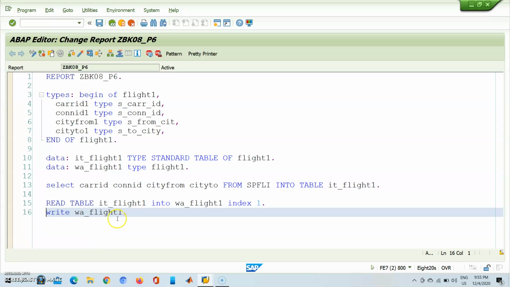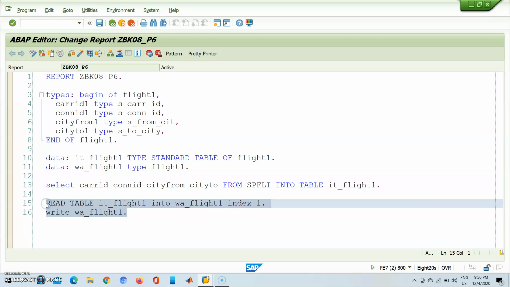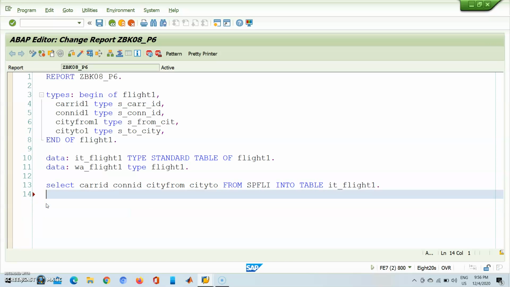And now we can do some modification over here. We will do a simple modification, because now we have got only index 1. Rather than having index 1, we don't want to read just 1. We would try to read all of the data. So I would like to remove this. Rather, write here a loop statement. So loop at IT flight 1 into